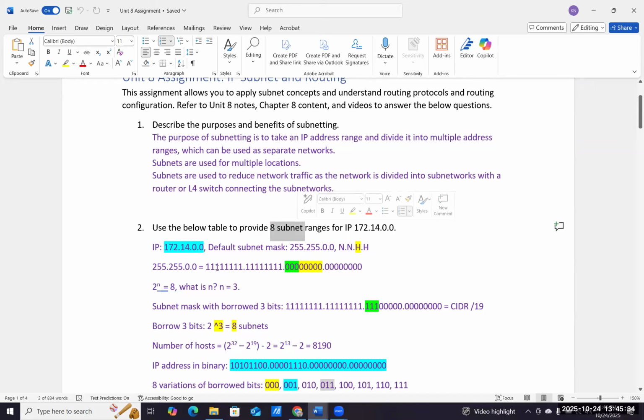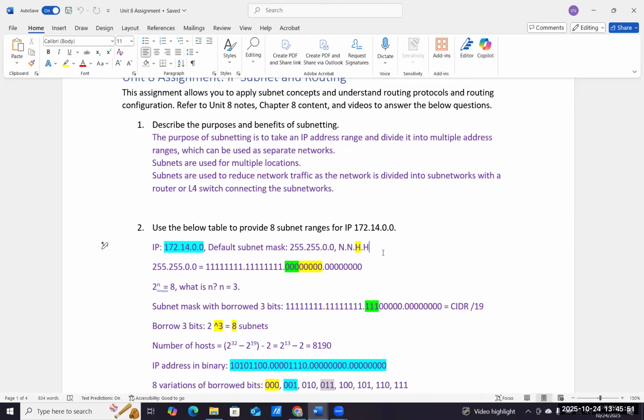First you take that IP address and ask yourself, what is the default subnet mask for the class of this IP? We know that this is a class B by looking at the first octet,